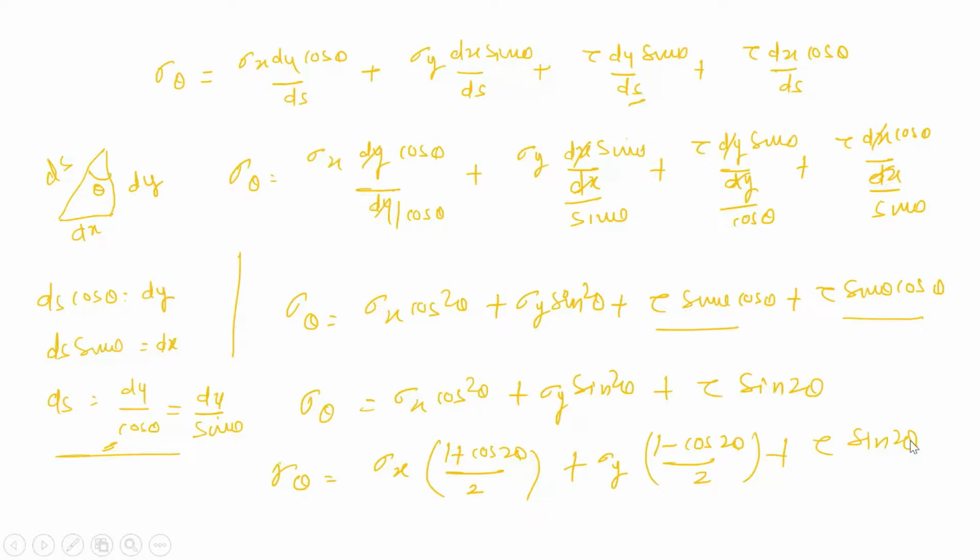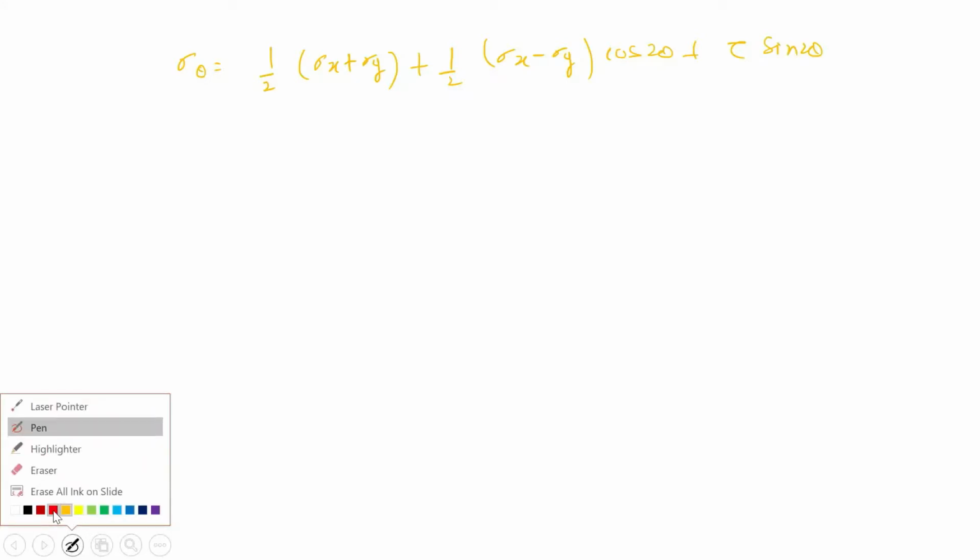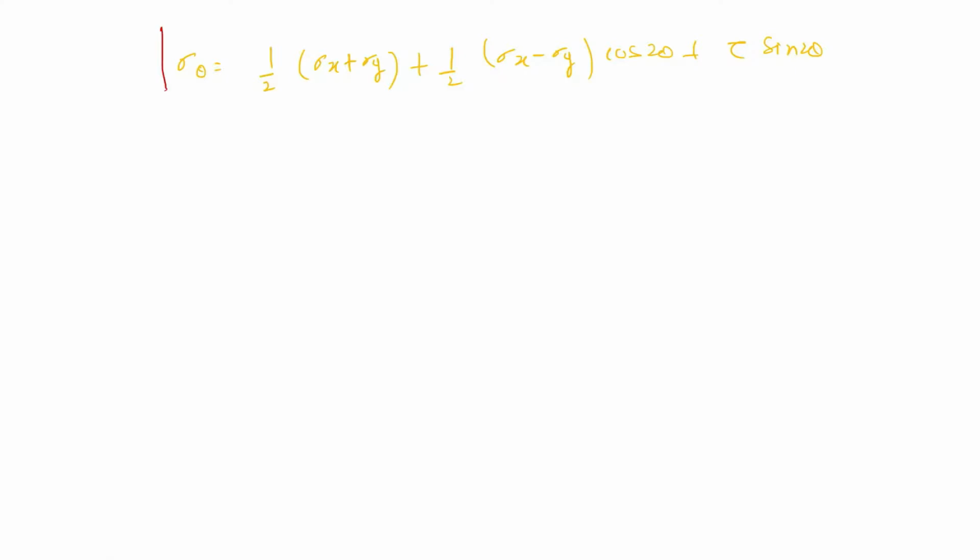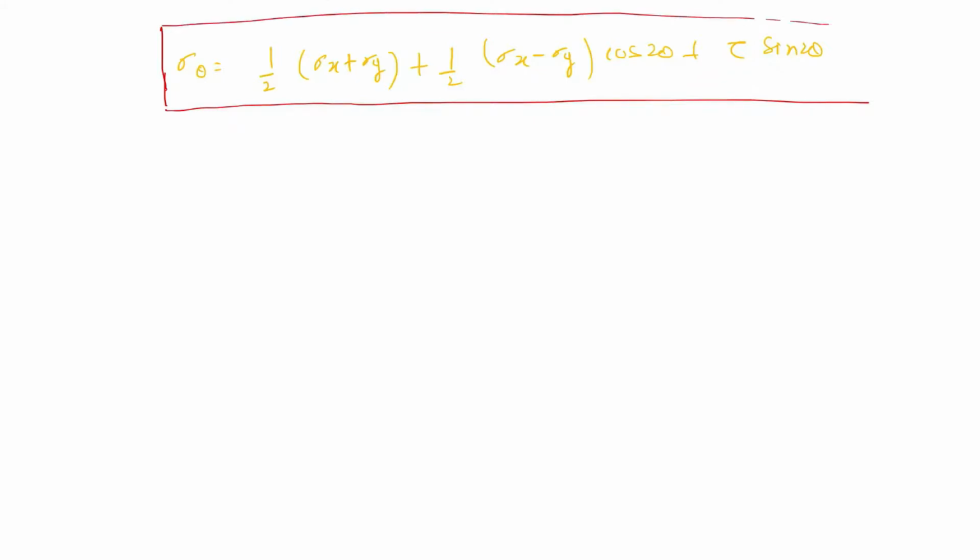If we simplify this, we get sigma theta equals 1 by 2 (sigma x plus sigma y) plus 1 by 2 (sigma x minus sigma y) cos 2 theta plus tau sin 2 theta. So this is our expression for sigma theta